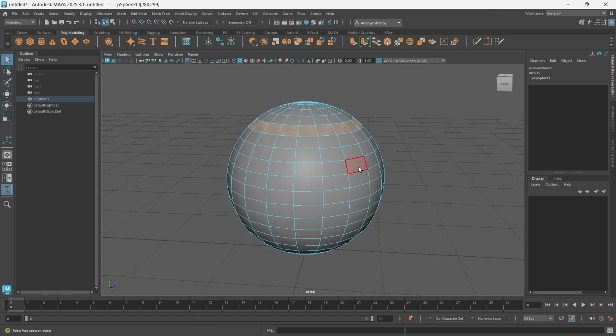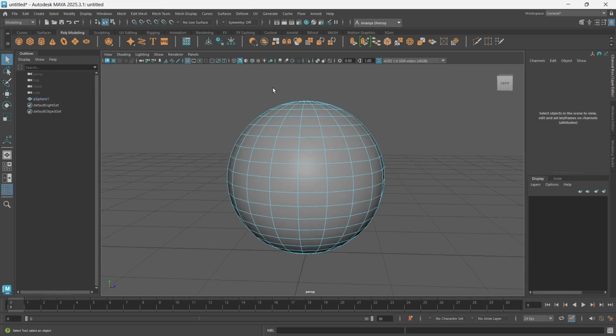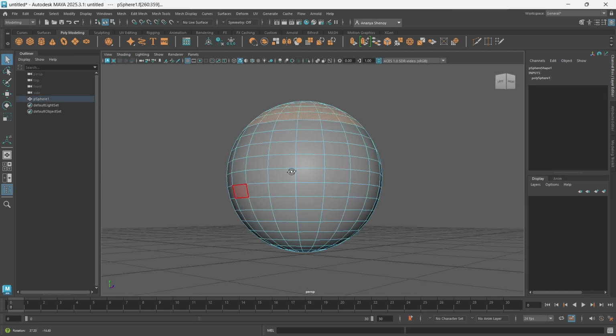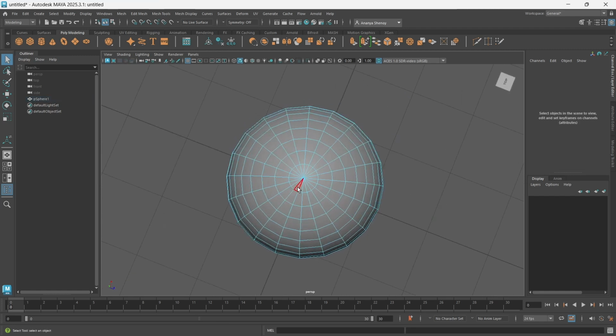There's also the drag and select option, which I don't tend to use that often just because it's a little unspecific. Sometimes you select extra faces, sometimes you select fewer faces than you want to. Drag and select is just left click and drag, and it selects whatever faces are within that box.